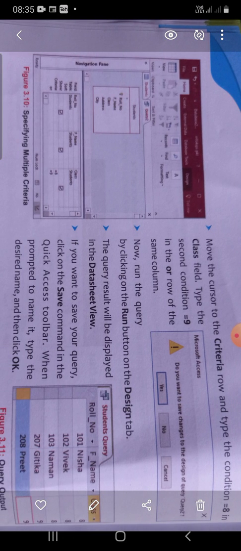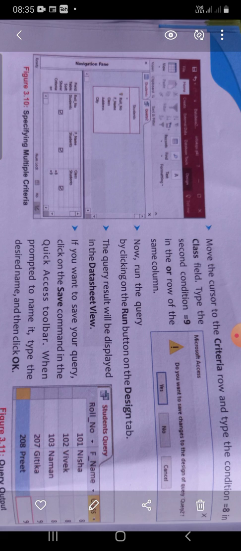To do so, move the cursor to the criteria row and type the condition equal to 8 in the class field, and type the second condition equal to 9 in the OR row of the same column. Now we run the query by clicking on the run button on the design tab. The query result will be displayed in the datasheet view.